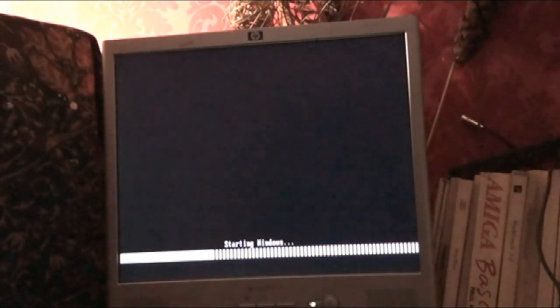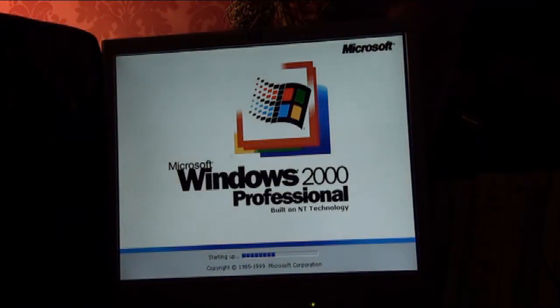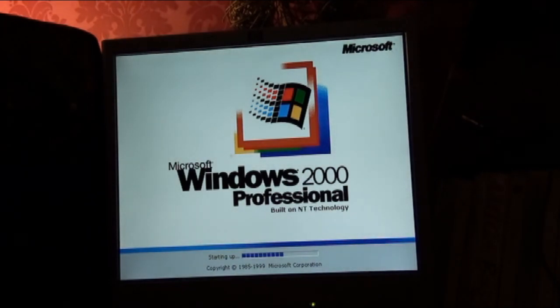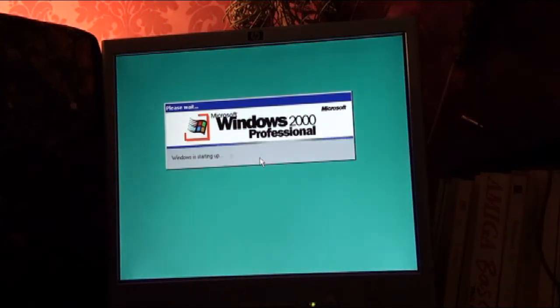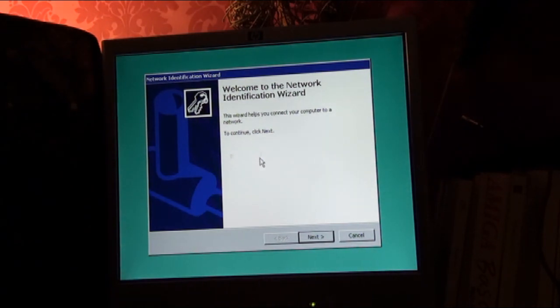I put them on back to front, so you're supposed to put Windows 98 on first and then put Windows 2000 after it. But yeah, there it is. I'm going to complain about this, isn't it? I'll have to install it. I've already done this, but